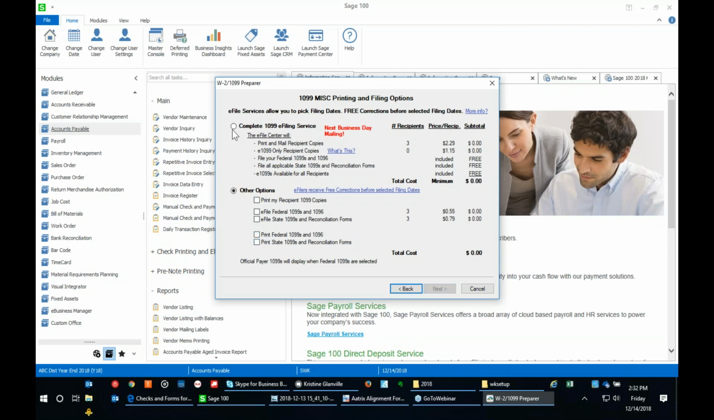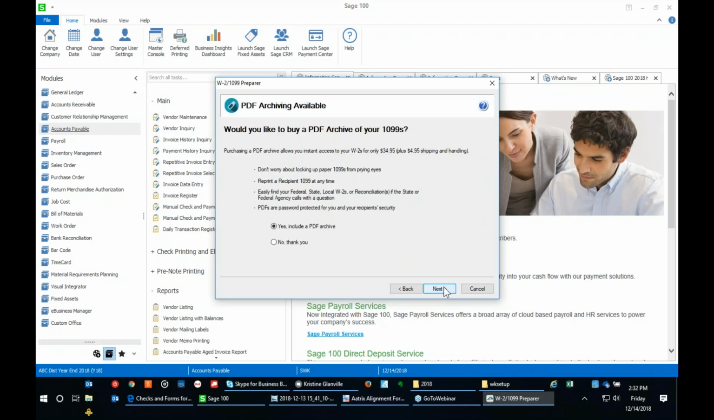So for demo purposes today, though, I want to pick the complete e-filing. So we're going to choose that option and tell it next. It also gives you the option of purchasing an archive version of your 1099s. So they will actually take all of your 1099s, save them to a PDF file, put that on a CD,